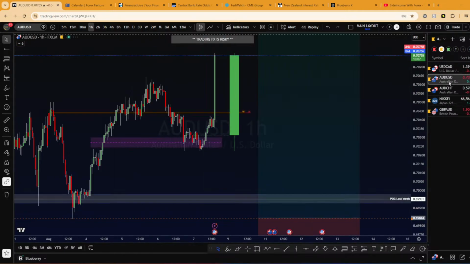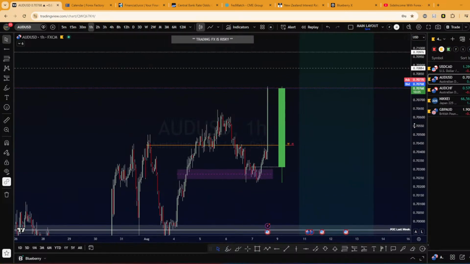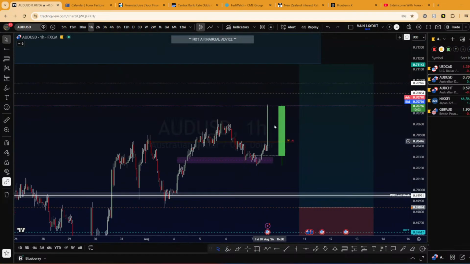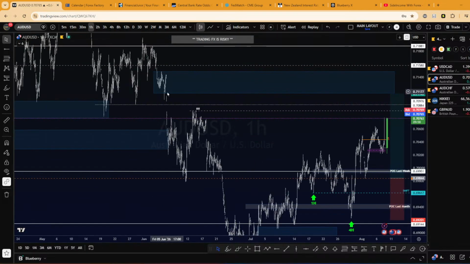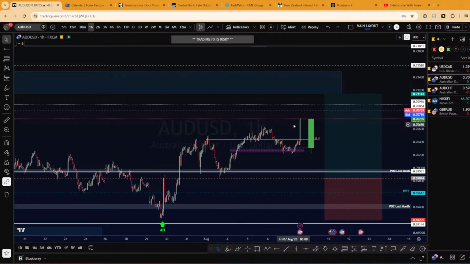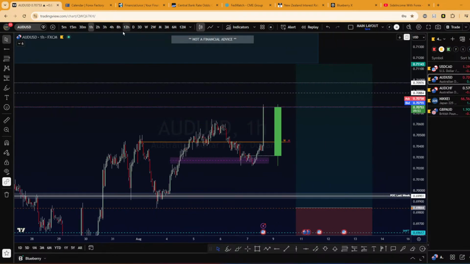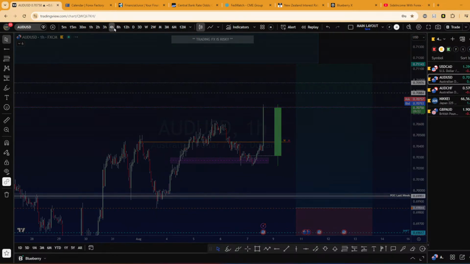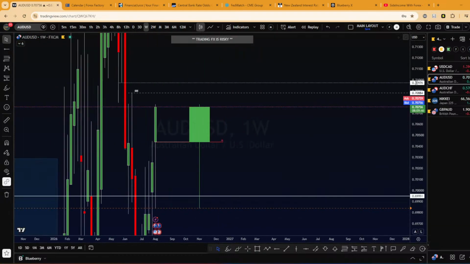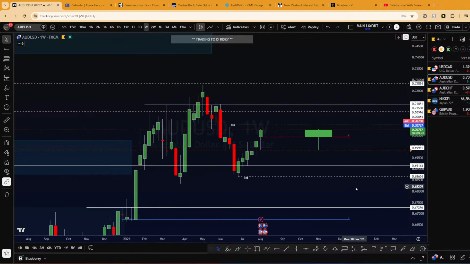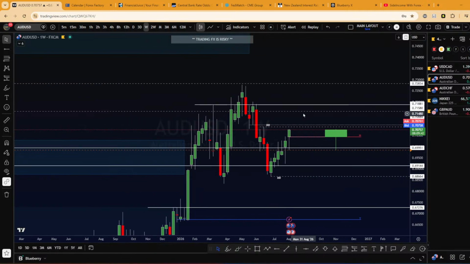Let's see. Aussie dollar, we responded pretty quickly. For me, the target on Aussie dollar will be this supply and this level. So we are pretty close. Let me see on the weekly time frame. On the weekly time frame, we are clearly bullish. So we could target this based on the weakness in the dollar. I would not be surprised if we target this level again.